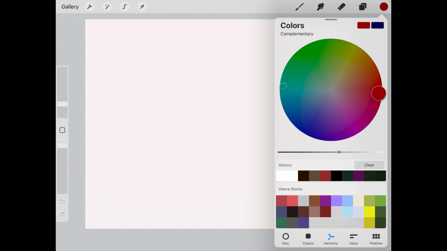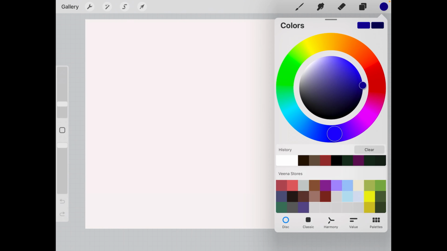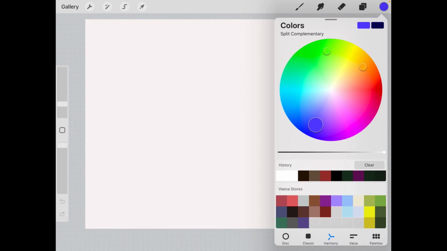Next we have harmony. What it will do is give you complementary colors, and if you tap on the word complementary, it will give you different options of complementary. One second. So I'll put it at a brighter color, then this becomes brighter. Okay, so here it will give me 3 complementary colors. If I move any of them anywhere, it will give me 2 other complementary colors. So like this we have quite a few options of complementary colors, which are very fun to play around with, and you can do that as well.